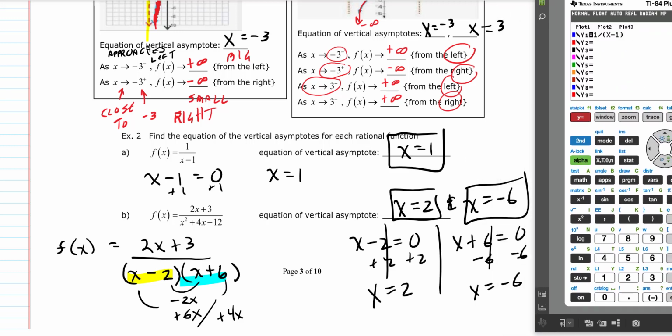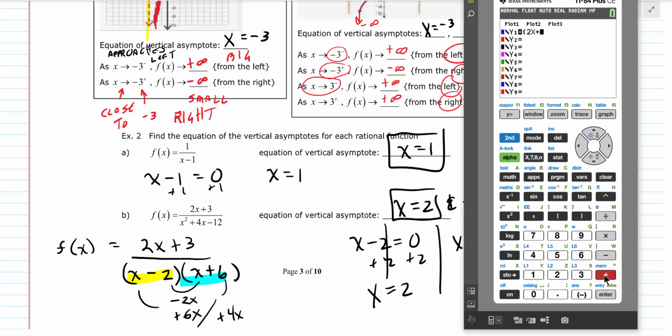Okay, so this problem has to be put in like this. You'd have to put in 2x plus 3 in a set of parentheses. Then you would divide by, and then that denominator also must be in a set of parentheses like this. Either put it in your calculator or watch what I do, because mainly I want you to see visually what in the world you're doing anyway. Okay, if I graph this,